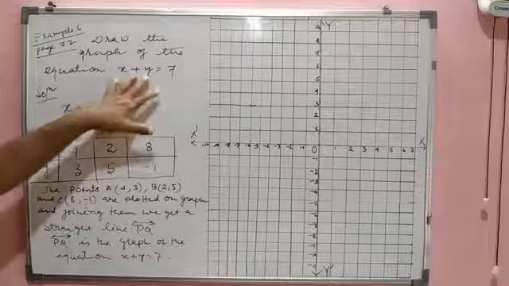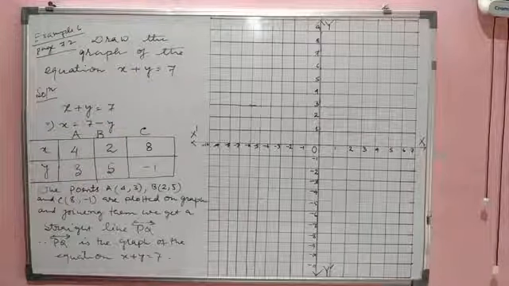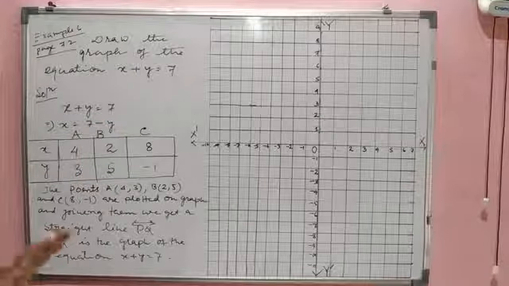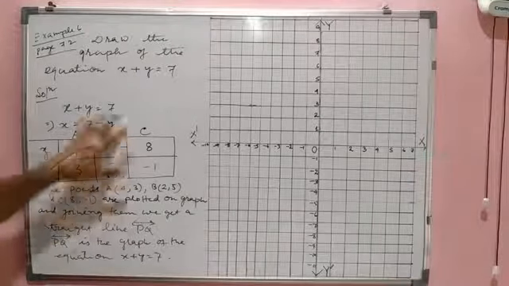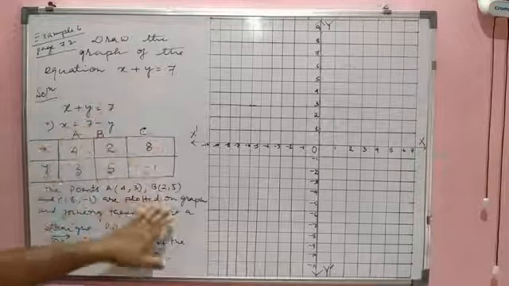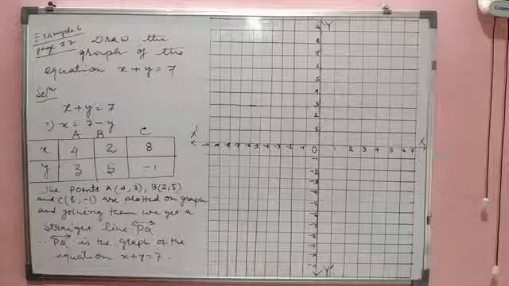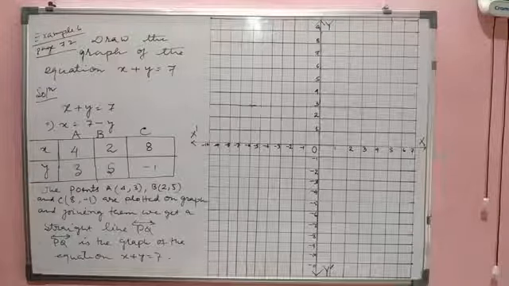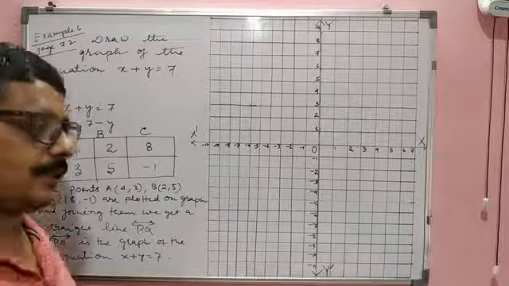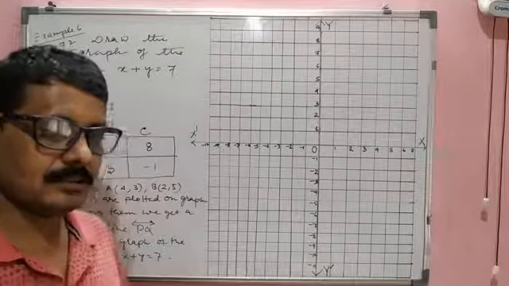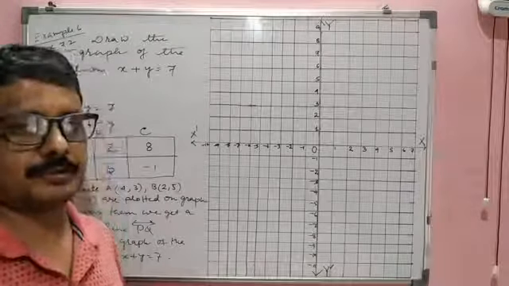So to draw the graph of this equation, at least we have to find out three pair of solution of this equation. Minimum three pair. Sometimes you can find out two pairs, but it may sometimes show the mistake because 2 points are always collinear. That is why we should try for at least three pair of solution.